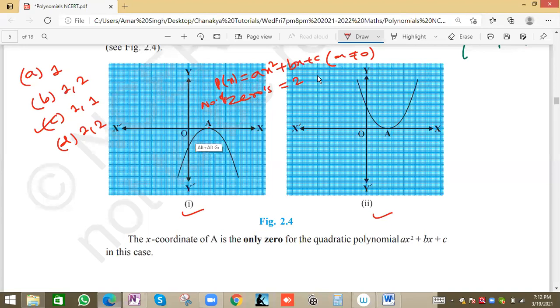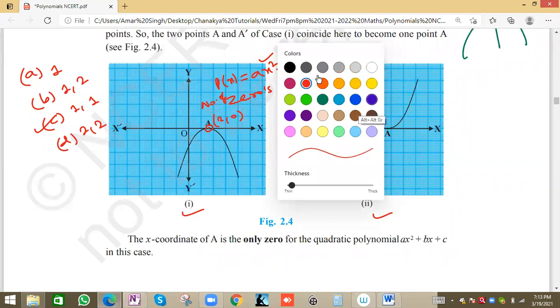But here we have only one solution, or we can say one zero value we have been given, meaning the curve is intersecting or touching the x-axis at only one position, at point A. So what can we conclude about the number of zeros? Number of zeros will be 2 only, because this is the basic rule. We have degree 2, so zeros will be 2, and here both zeros have the same value. From the graph, this point A will be 2 comma 0. So number of zeros will be 2, but both will have the same value. So the correct option will be option D.